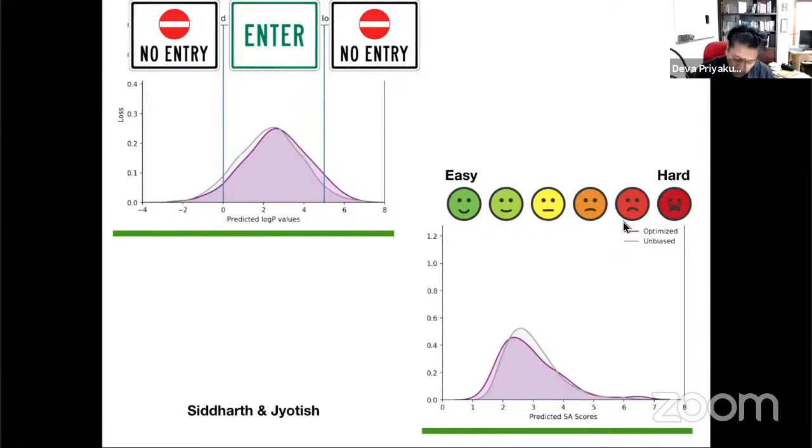Come to this one now. With respect to the synthetic accessibility score, I want the numbers to be as small as possible because that means it's easy to synthesize. I don't want molecules which are impossible or very, very hard to synthesize. I want molecules which are easy to synthesize. If we do not do any training or bias the system, this is how the distributions look.